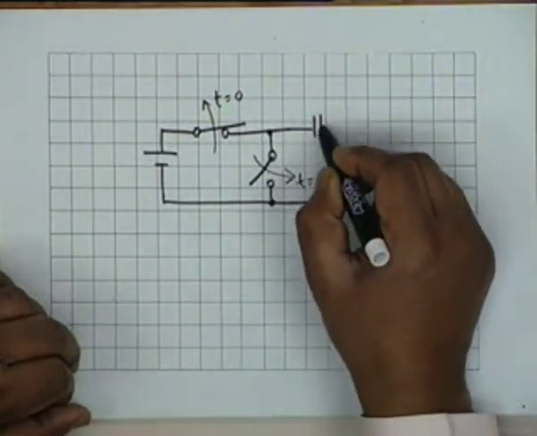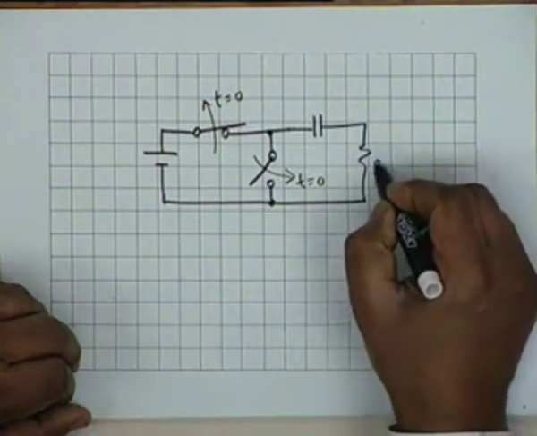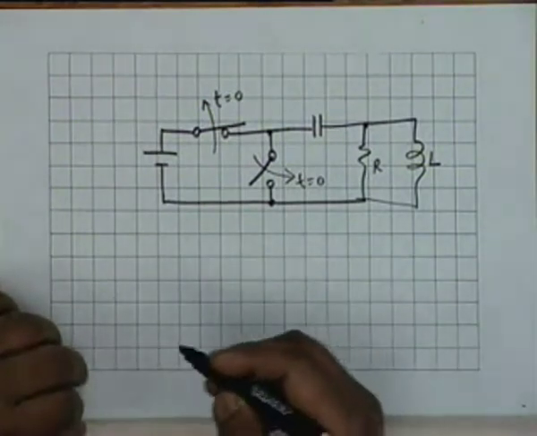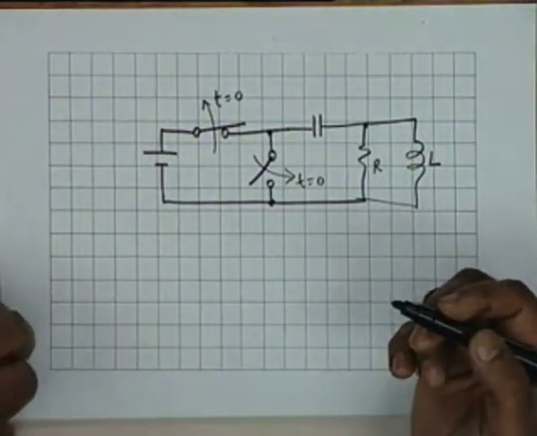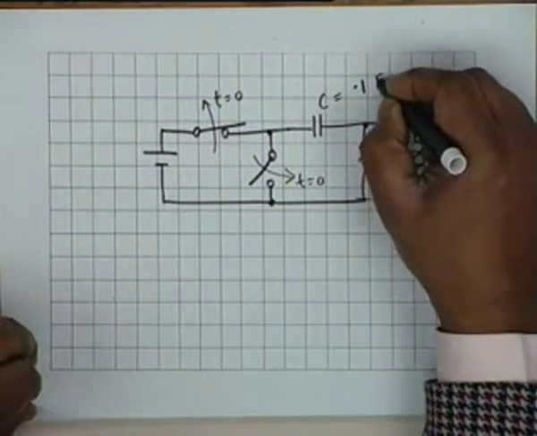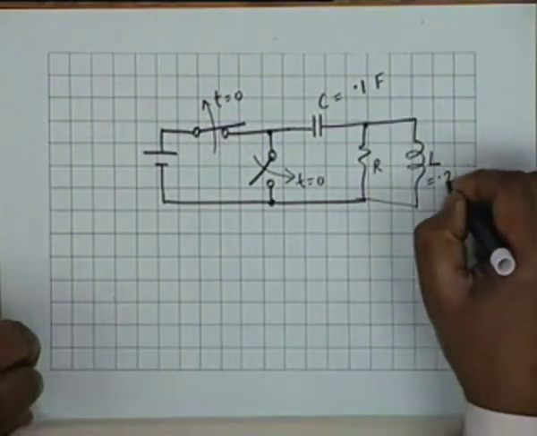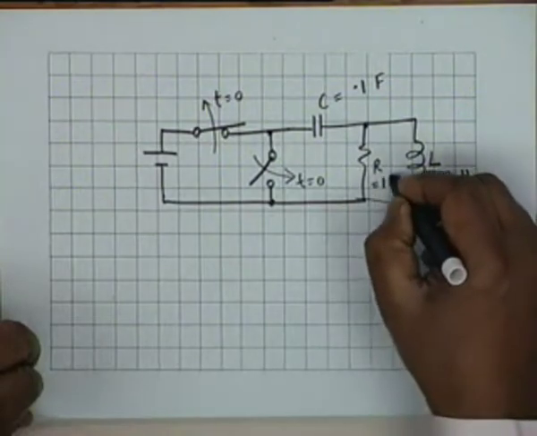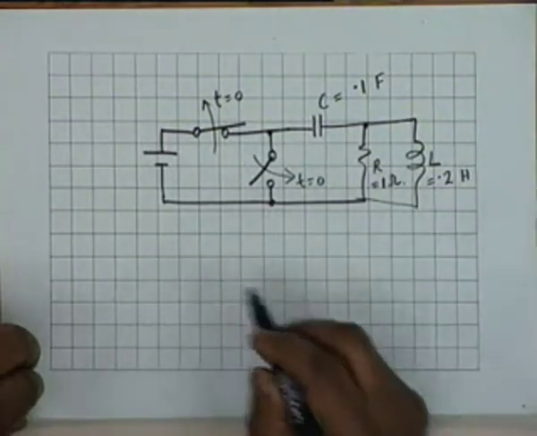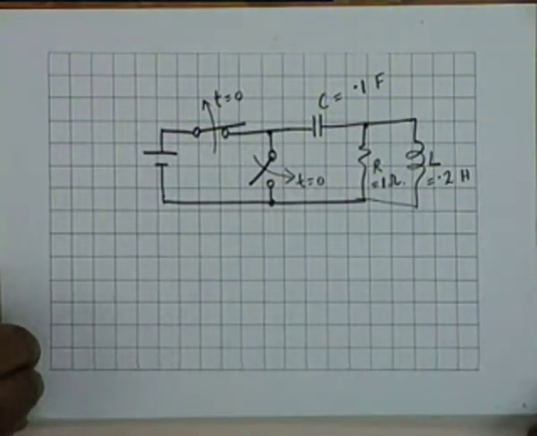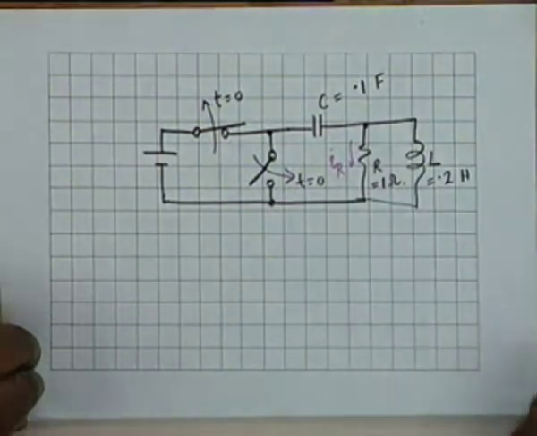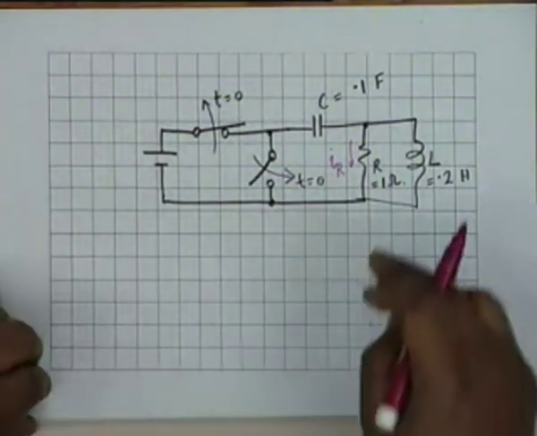The circuit is the same, that is, we have a C, then an R, and an L. And here, to bring the point a little more into focus, let us say that the values are: C is 0.1 farad, L is 0.2 Henry, and R is 1 ohm. The question is to find the current in the resistance, that is this current. Just to bring variety into experience, the question is to find this current.